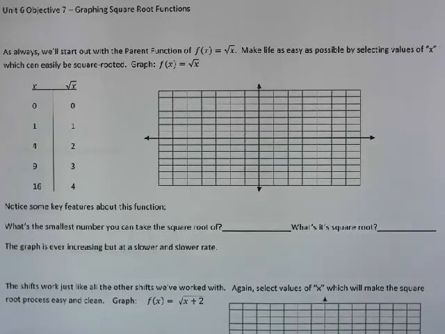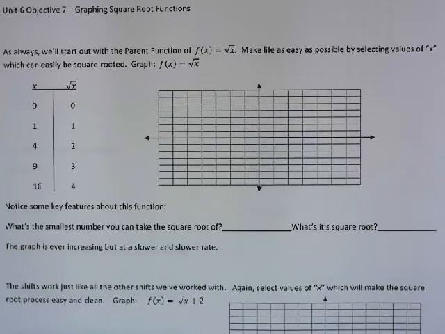All right, here we got the final objective of Unit 6. We got Objective 7, graphing square root functions. Okay, now, like when we're graphing anything else, they're all very closely related. So, if you're comfortable graphing a parabola, for example, or an absolute value function or a line, this is going